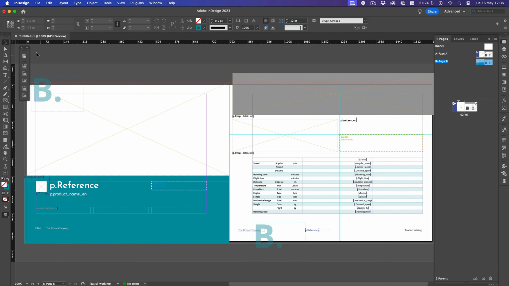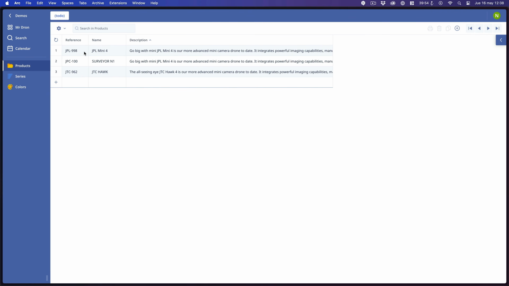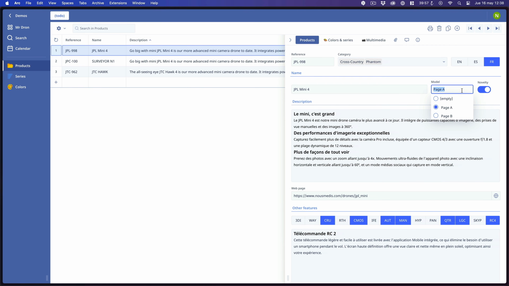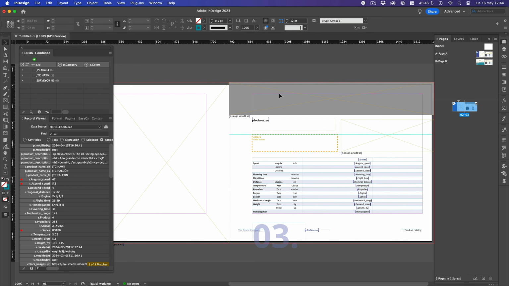Our InDesign template now has 2 different master pages, so users can choose which one to apply to a product directly from the Ninox database using this drop-down menu. When we get back to InDesign, we can use the value of this field to let EasyCatalog know which of the 2 master page spreads it should use for pagination. To make sure this feature works smoothly, we've given each master page spread the same names as the values that populate the field. To paginate our catalog, first select all the products by triple-clicking one of the records in the